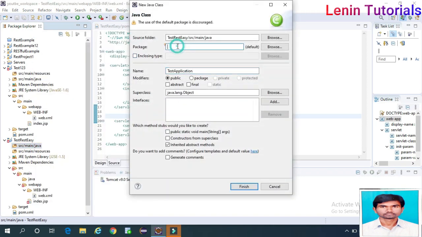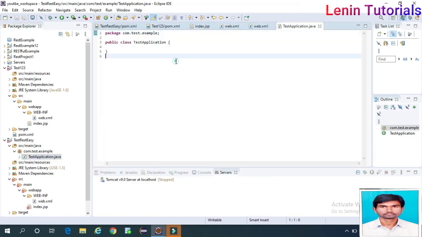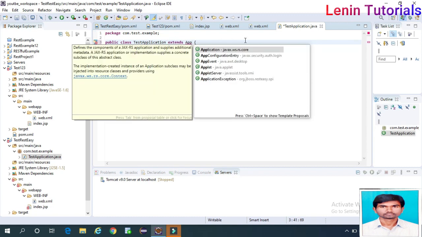This is where com.test.example. Okay. This extends Application. So Application.